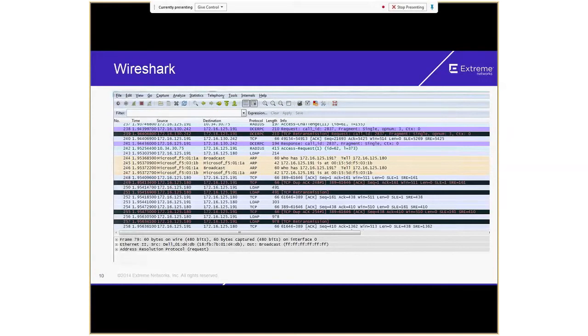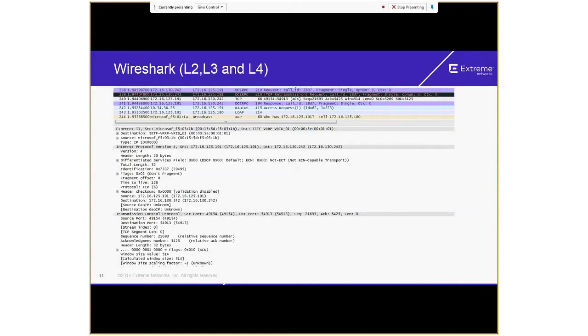On top you have just general information, and at the bottom it gives you more information. If you click on each of the packets on top, you get information about that particular packet at the bottom here. It mentions Ethernet, Internet Protocol, Transmission Control Protocol. So that's giving you information about each particular packet.